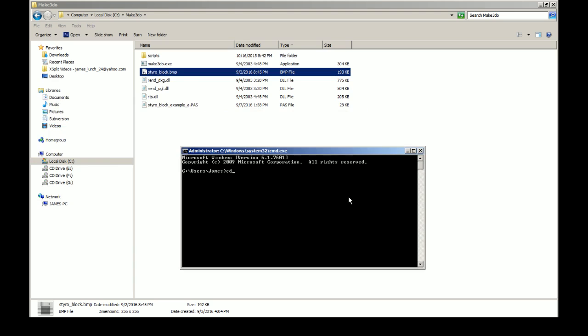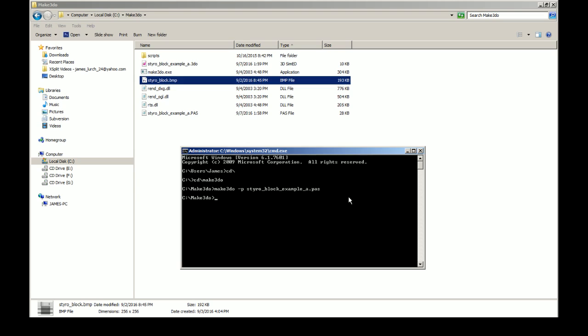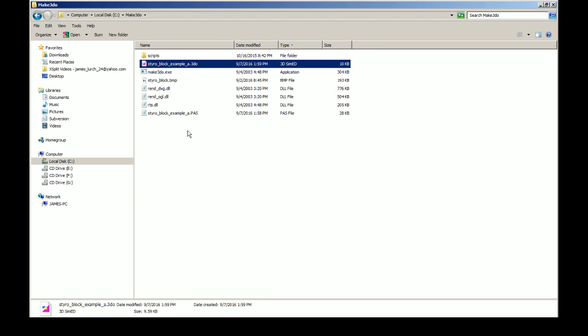Now in my case, what I'm going to do is navigate to that folder. So I'm going to go change directory, slash, make 3DO. And now you can see why I've got that folder on the C drive. It's easier to type, basically. So I'm going to go make 3DO -P styro_block_example_a.pas. And when I hit enter, you'll notice that that spits out a 3DO file for me up here in the